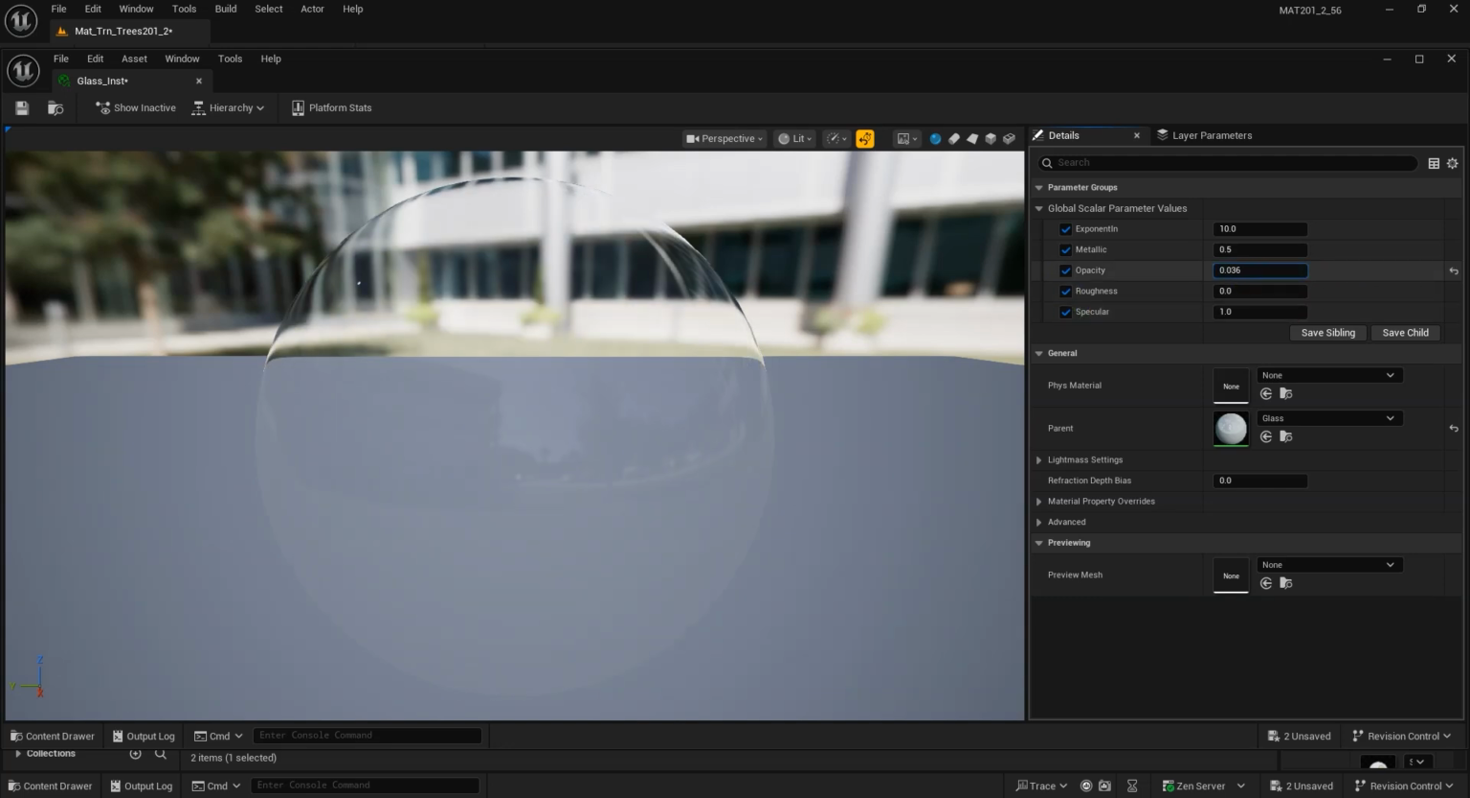See, this is the transparency, right? Metallic. Okay, this is the IOR exponent, right? And specular, it is happening here. See,